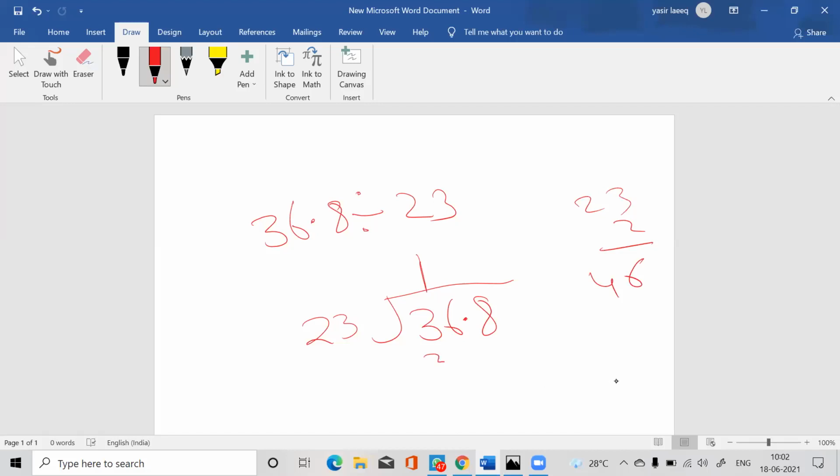Then it will be 23. What will be the answer? It will be 13. So 13 is less than 23. We put the decimal here, and we have to bring 8 downward. Now, what will be next? It will be 6 times. After 6 times, it will be the same as 138. 23 is multiplied by 6 times. So 6 times 3 is 18, carry 1...